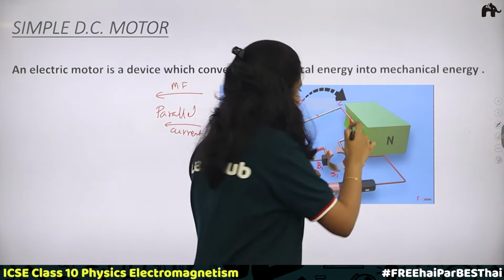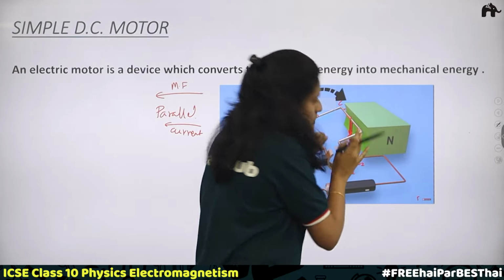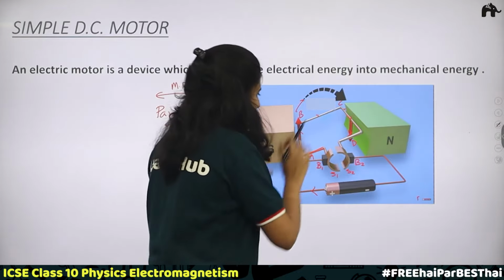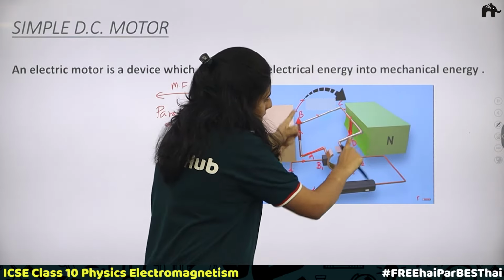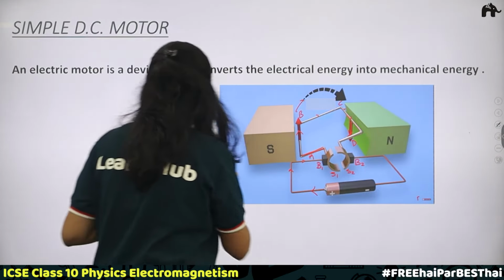Now, imagine it in a 3D way. So, here you can see in the downward direction, this part of the coil is going to rotate. Okay. So, the rotation is created, force is created. Due to this force, the current carrying coil is rotating. Okay. Now, when it reaches 90 degrees,